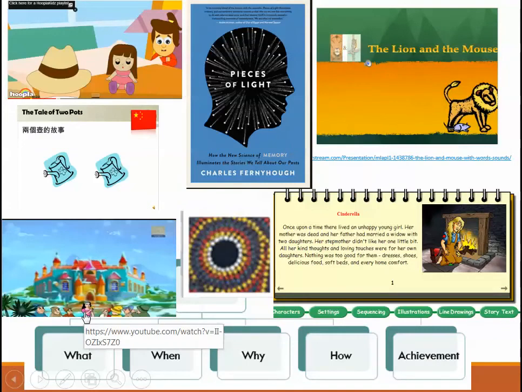But here, you milk it. So what you want to do in your resources, you create them in a more orderly way. Because I wanted all of them on one slide, it doesn't look very orderly, right? But they are ordered. So remember that every lesson of ours has to have what, when, why, and how. And it has to have an achievement.